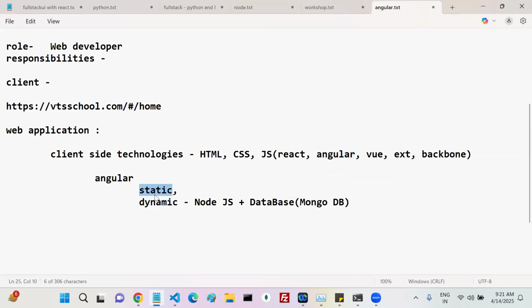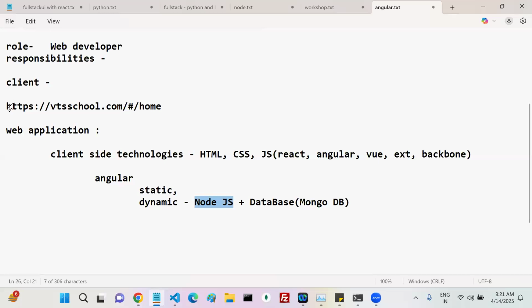So it is not static, it's a dynamic web application. So I decided the database is MongoDB. My Angular does not communicate directly with the database, so some middleware or backend technology is required, and for that we are going to use Node.js.